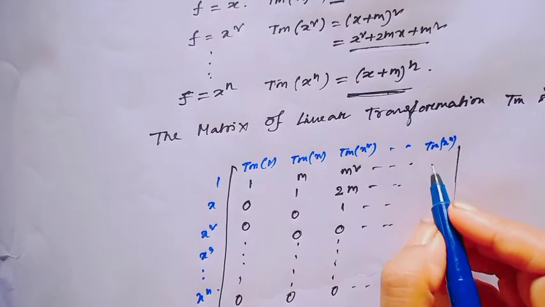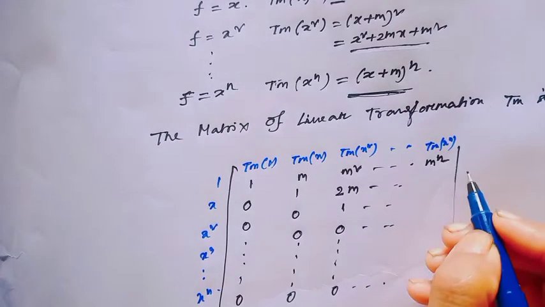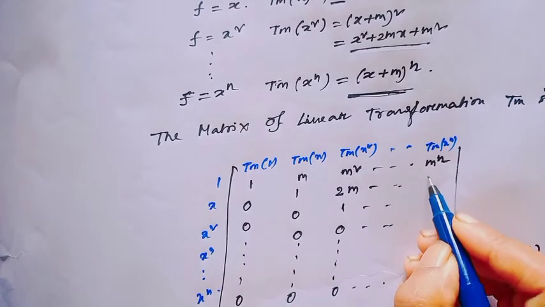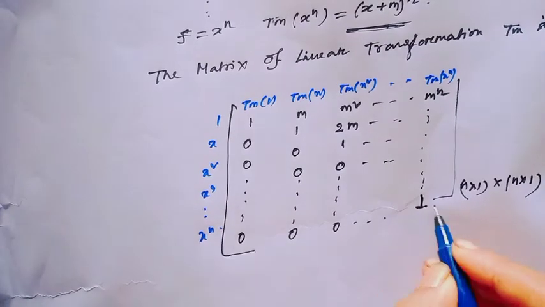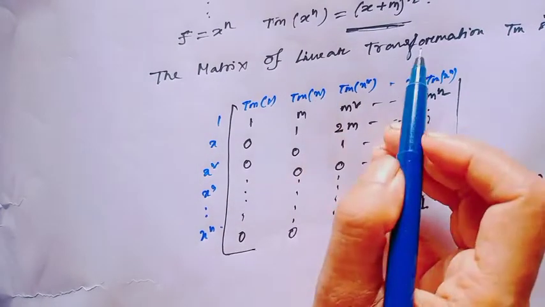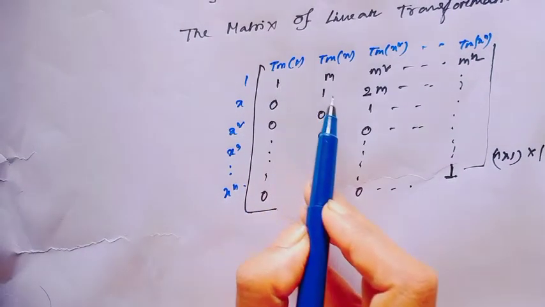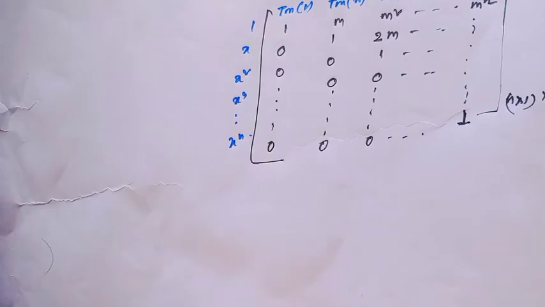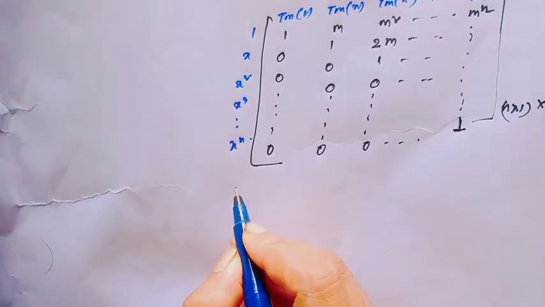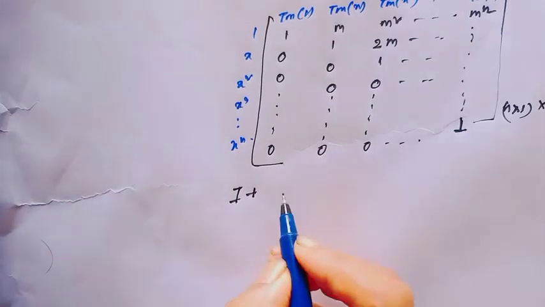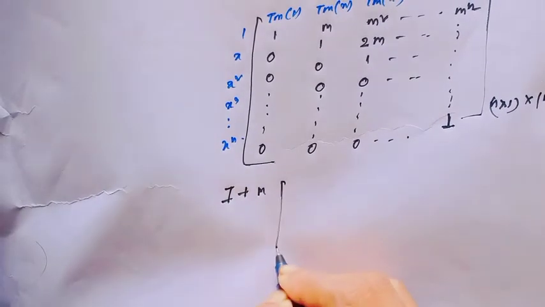That means if we break the binomial series, then this would be m to the power n, and here put the value, then the last term would be 1. Just take the binomial series. Then since the diagonal is 1 1 1 1, just break the matrix. Then this would be, at first, identity plus, taking m common, m times